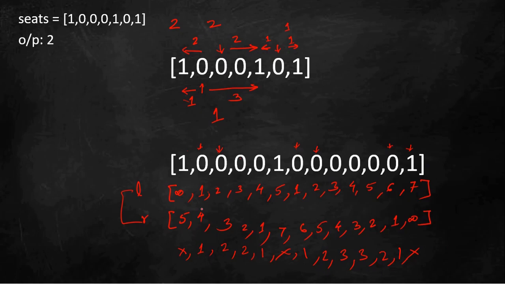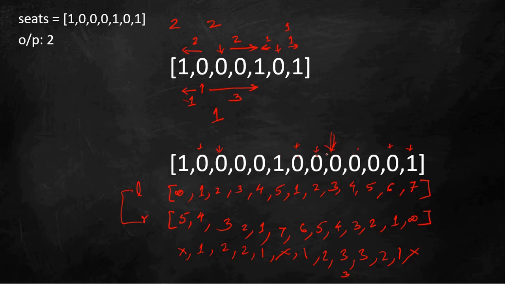Now once we have the min value calculated between left and right, I can check what the max among these is. So here the max is here, which is 3. So for this the answer will be 3. That means I can place Alex here or I can place Alex here. In either case the best distance, the closest person I can have to Alex will be at distance 3. So if it is here it will be 1, 2, 3.